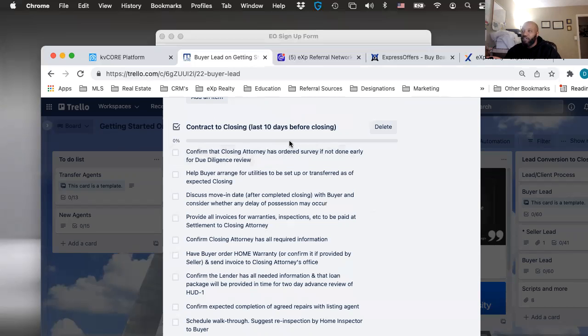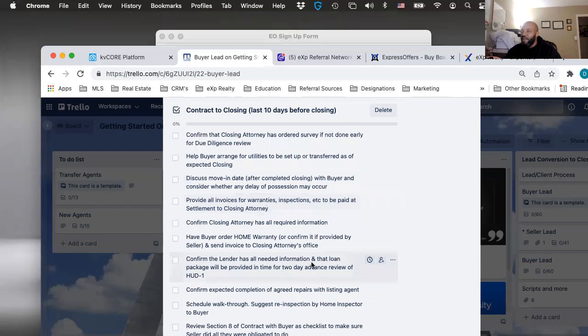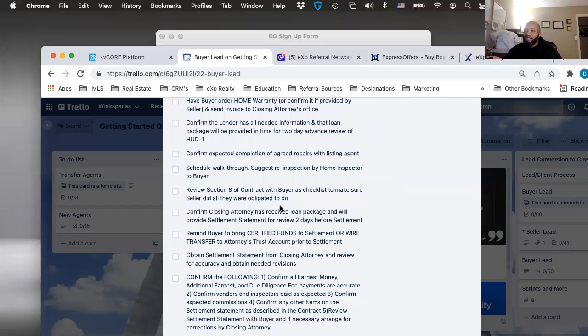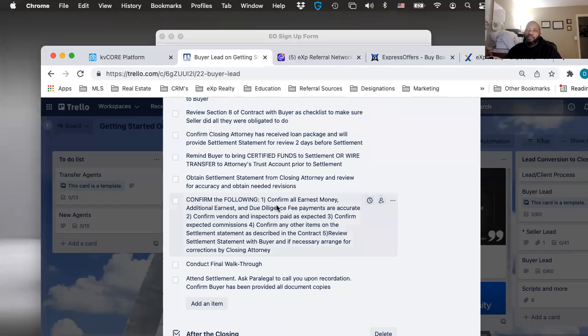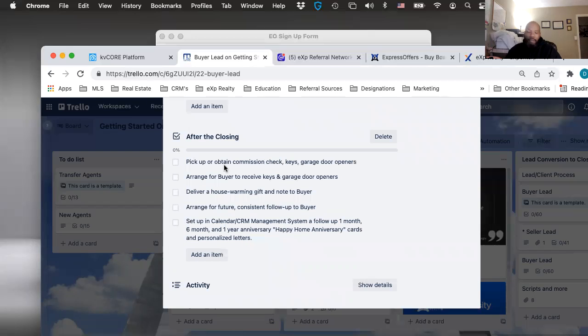And then you've got your contract to close, in the last 10 days before closing. Confirm the lender has all of the needed information, discuss move-in date, provide all invoices and warranties. A lot of these things you don't have to do, but these are some of the things that you have the ability to do to make sure that you are on top of your game. After closing, of course, you want to make sure you pick up your commission check, keys, garage door,